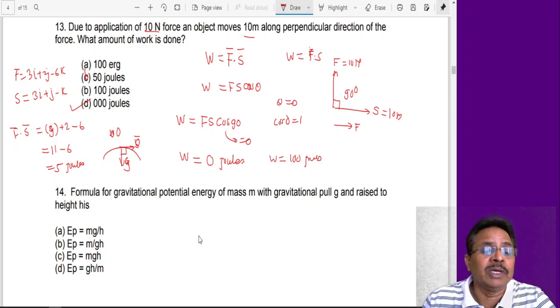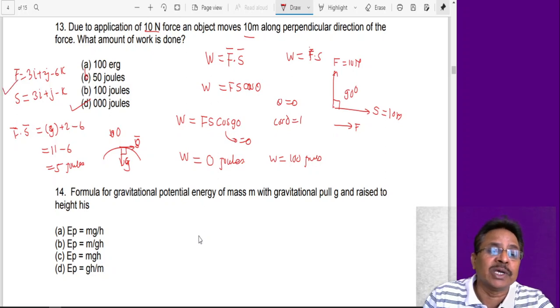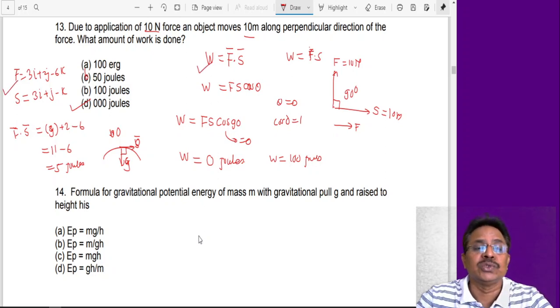With a very simple way, one or two steps, we can get an answer like this. So this typical example, though it appears simple, is more conceptual than it looks. It depends on whether you know how to calculate work done if there is a force and if there is displacement. If this concept is known, either this way or this way, doesn't matter, you can use both.